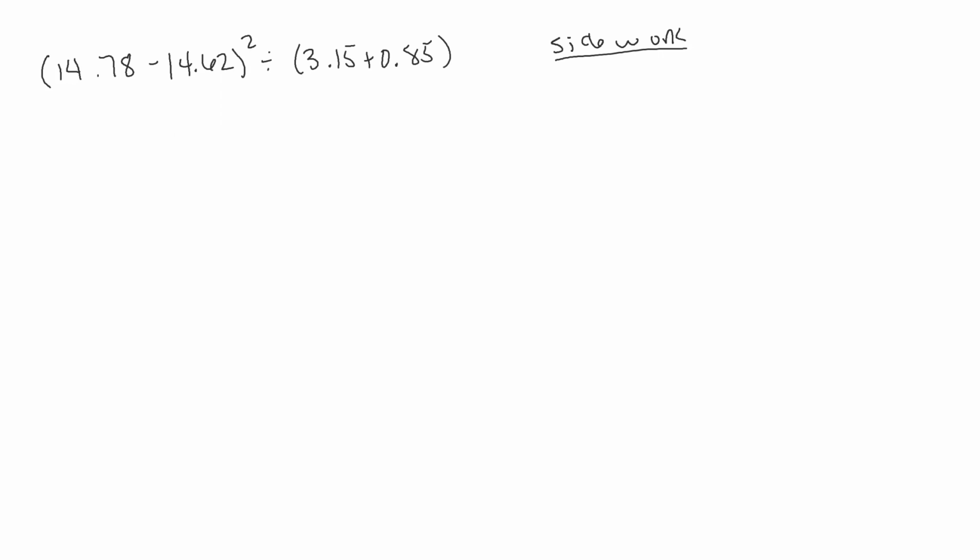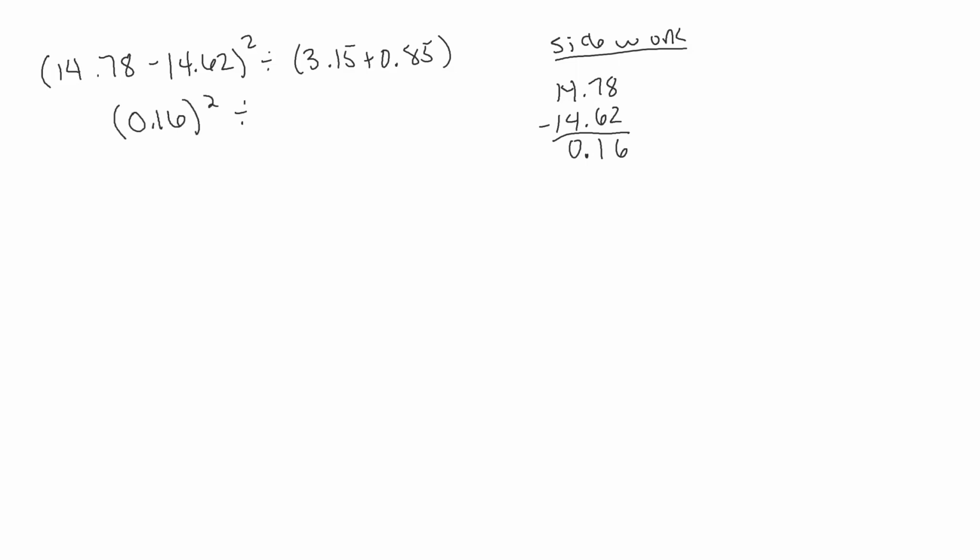Okay, we do have 2 sets of grouping symbols, so let's deal with those first. Our first set of grouping symbols, we have 14.78 minus 14.62. Remember, with decimals, when you add and subtract, you want to line up your decimal points and then subtract in this case. So 8 minus 2 is 6. 7 minus 6 is 1. Drop down your decimal. And then 14 minus 14 is 0. So we get 0.16 quantity squared divided